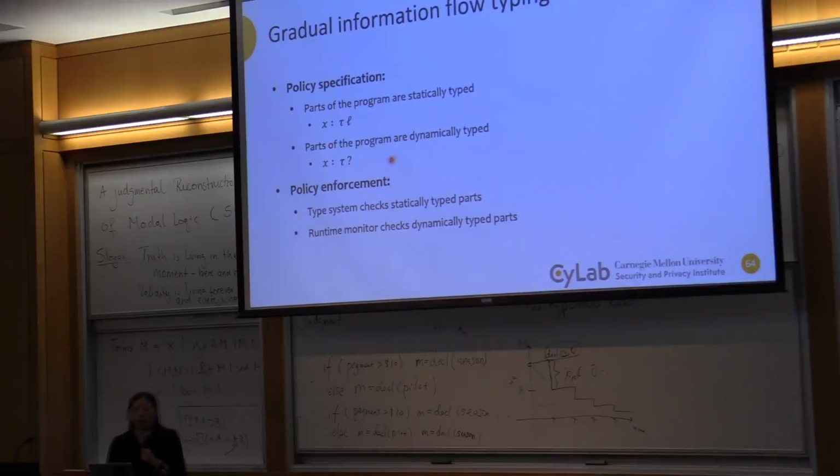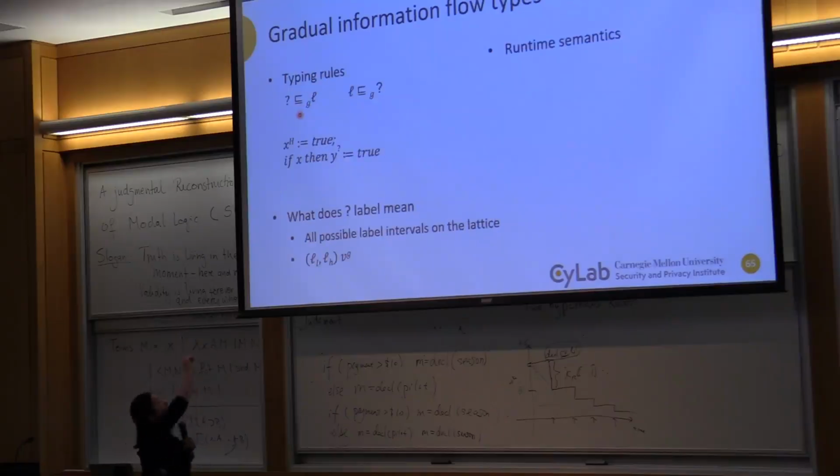question mark. So for the static part, if x and y both have types and both have labels, my type checker is going to check it. If one of them is star, I'm going to let it go. I'm not going to check it. So the way to do this is, when I check the lower-than label relation, the typical one is I allow this relation if the labels are in the right order. I also additionally allow a question mark to be less than or equal to anything, right? Except the special case of top and bottom, but generically, when you say question mark, the rule is actually fairly loose.